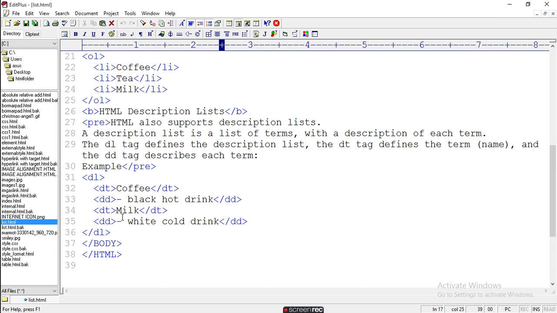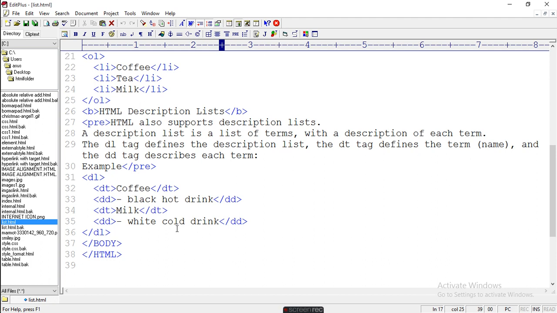Example: DL DT coffee, DD black hot drink. So DD defines the DT. DT is the data term and DD is the definition. Then milk, it is a white cold drink.